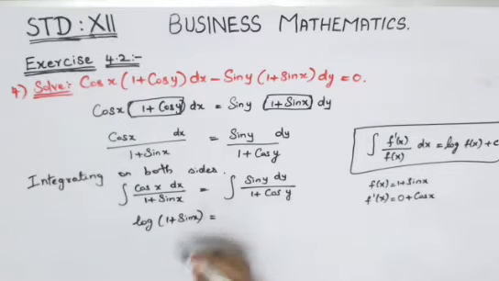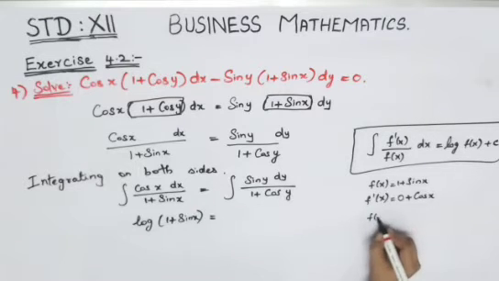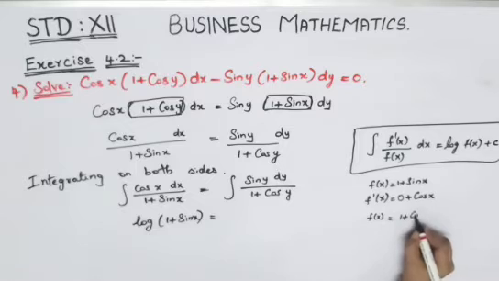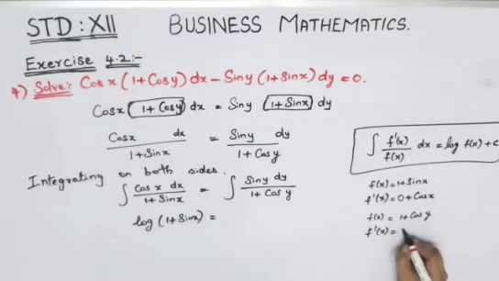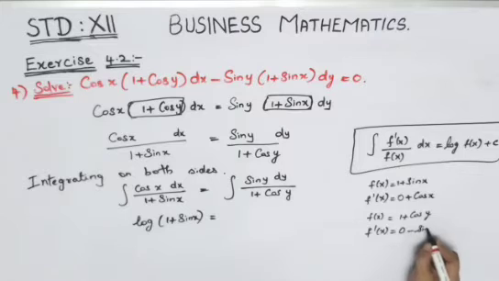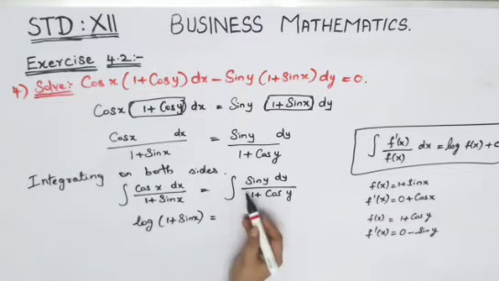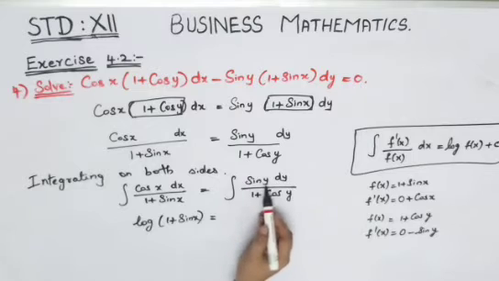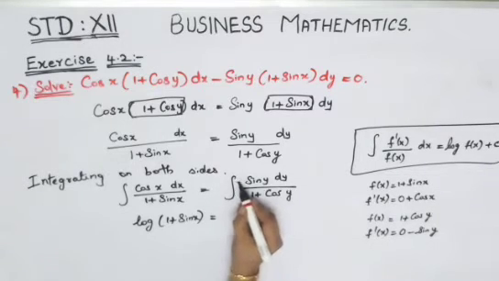That is equal to this side, towards your right hand side. Now again the same process you will have to proceed for the right hand side. Again we take f of x is equal to 1 + cos y. Now again you will have to find f dash of x, that is again your differential. The differential of 1 is 0. But cos y, when you differentiate, you will get minus sin y. So here we have sin y, but we have minus sin y here. So what is needed is minus.